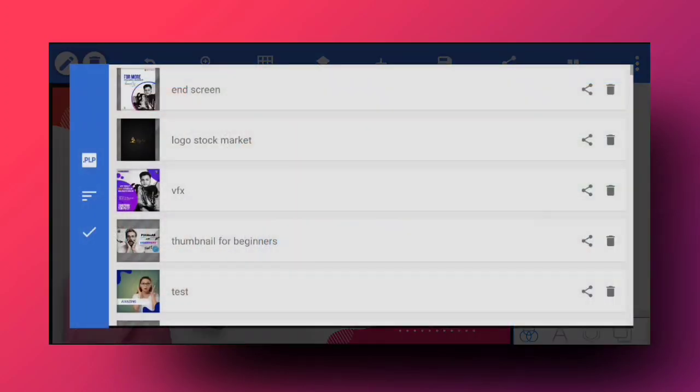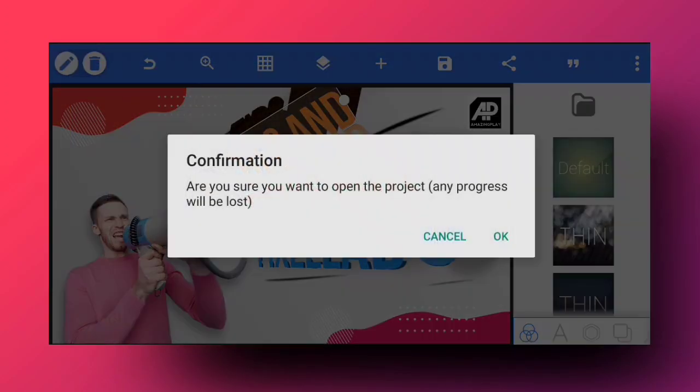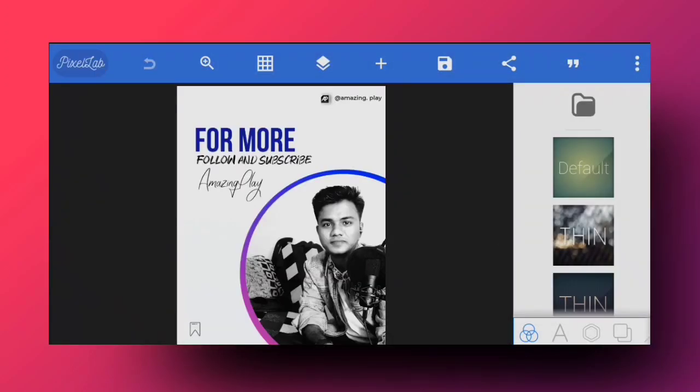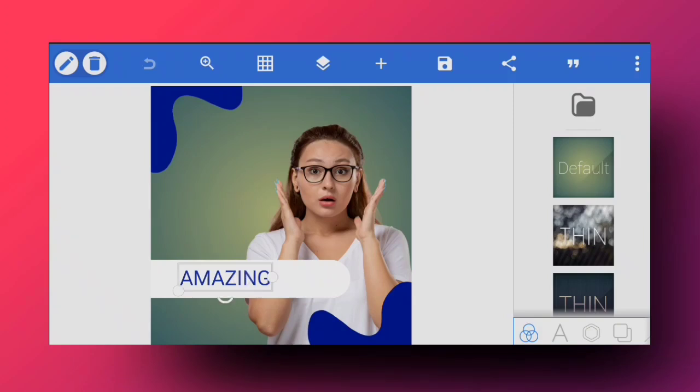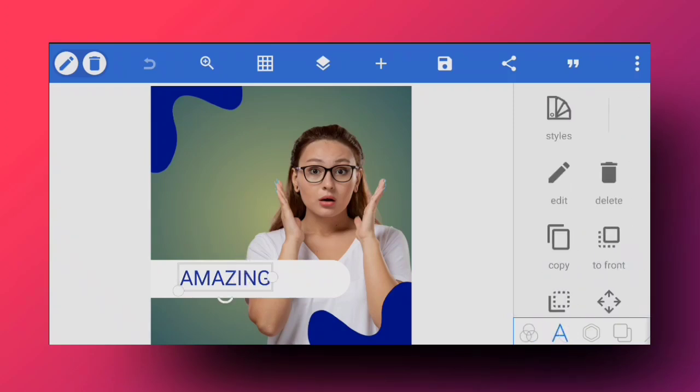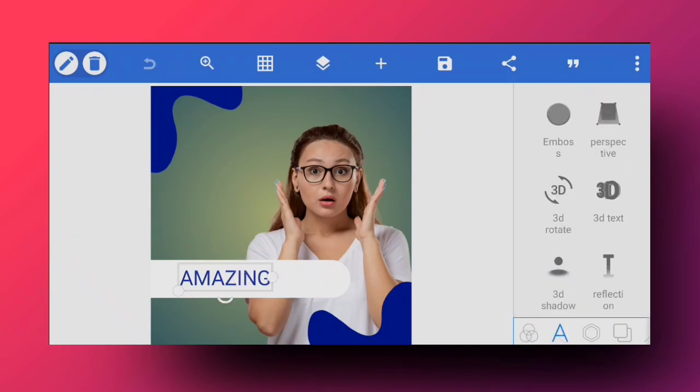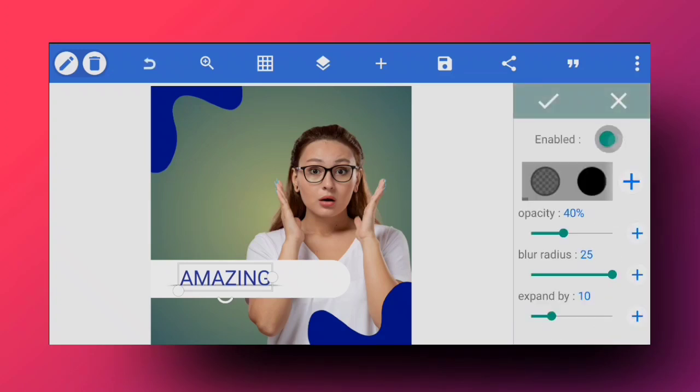Now I'm just going to go back into my default section right here, or maybe on this effect, or I'm going to go into my design like this. So this is our common design. This is our text. I'm going to go into text and just scroll down. I will get to see 3D shadow. So this is all the 3D shadow effect, as you can see on the screen.